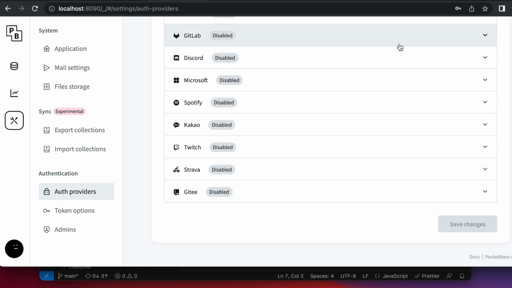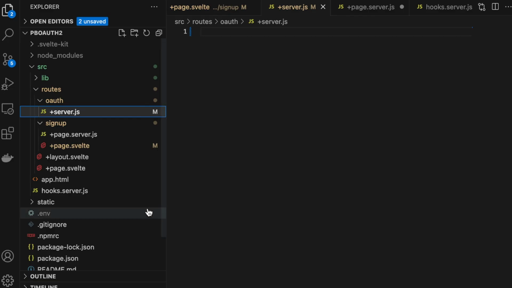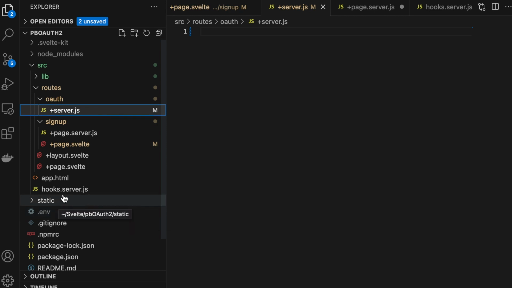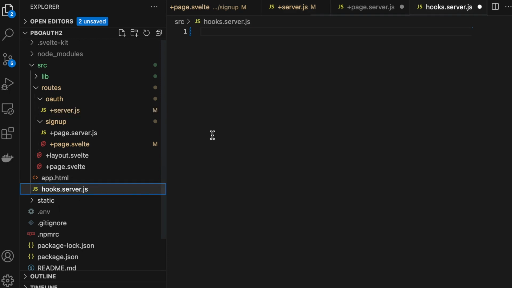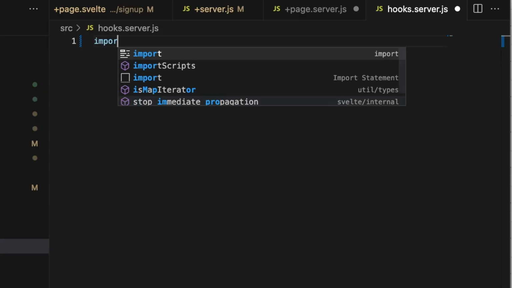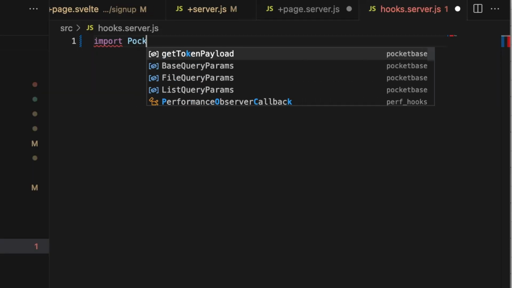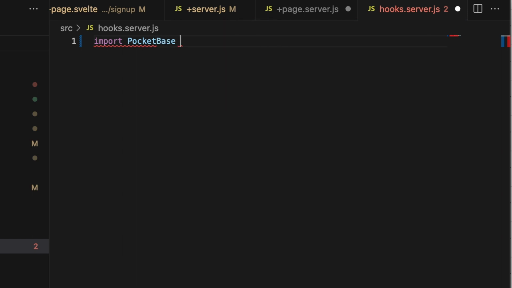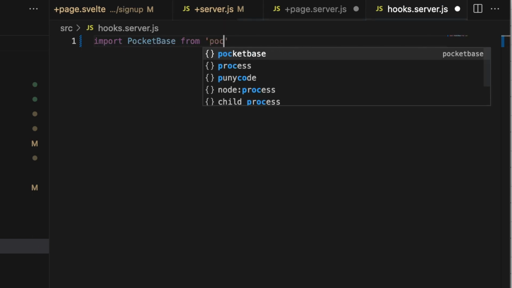Now the rest of the magic is going to happen in SvelteKit, which is going to create our UI and run all of the PocketBase commands. So inside of our source code, our SvelteKit source code, the very first thing that we need to do is let's create a hooks.server.js file. I already have one here, it's empty, we'll fill it in together. And what we need to do is inside of our hooks file, we're going to fire up a new instance of PocketBase inside of our hook. So import PocketBase from PocketBase,